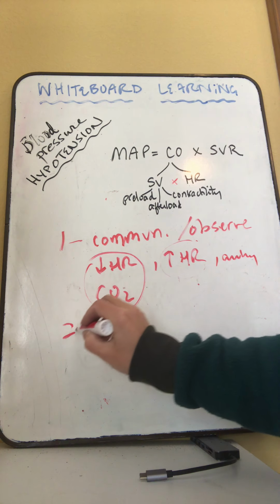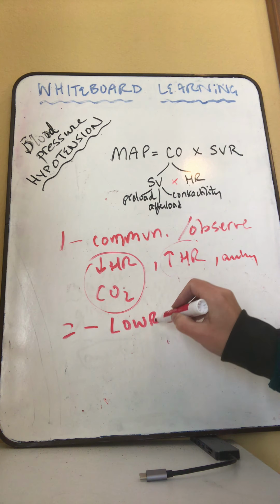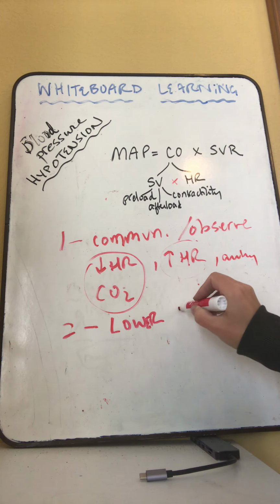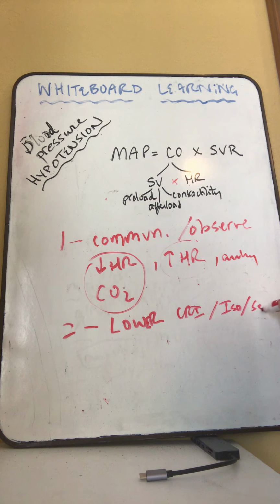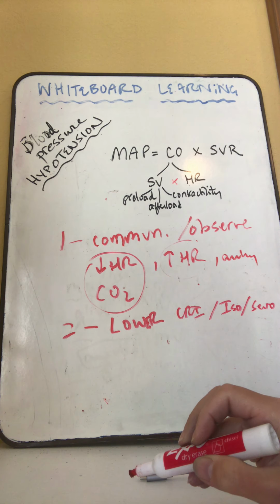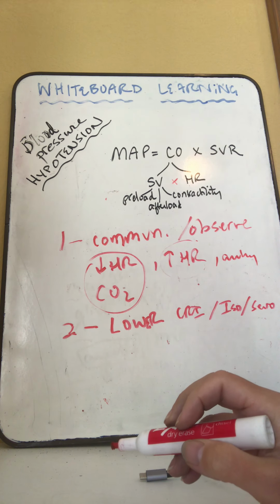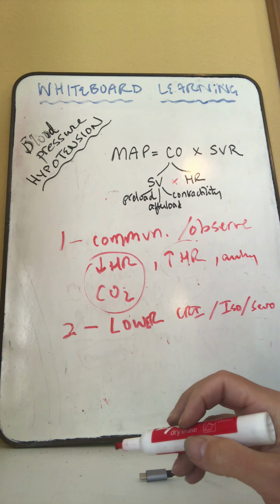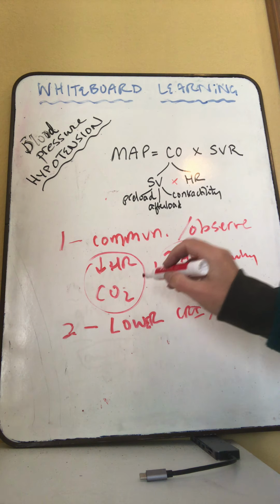So the second thing that you're going to do is probably lower your anesthetic. And that might be all of them. You might have a CRI that you drop a little bit. That might be your ISO or your SEVO. And you can get down a little bit to keep your anesthesia going. And try that first. And then after that, you might have to consider, if I'm looking like I'm kind of